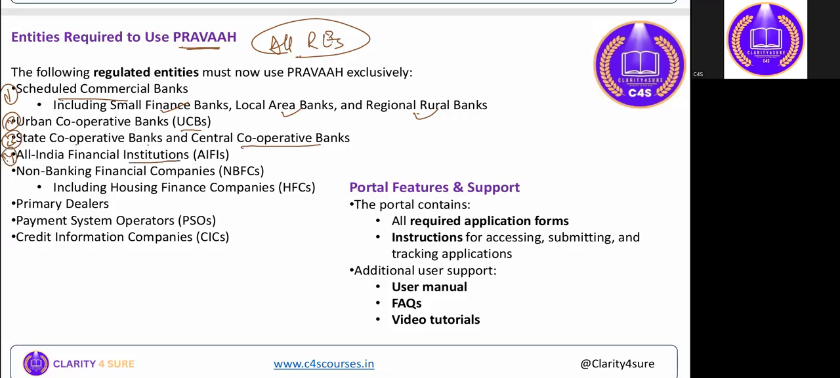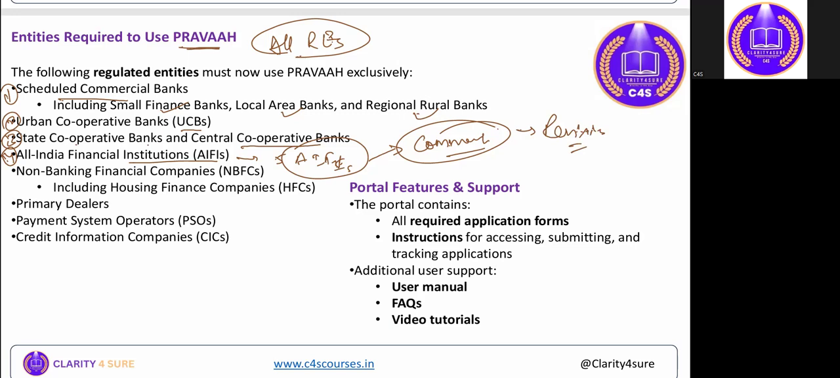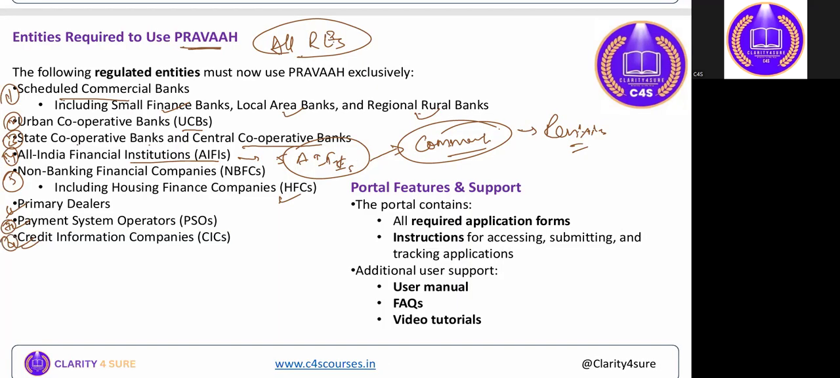The fourth one, all India financial institutions. We have 5 AIFIs. You can write the names of those 5 all India financial institutions in the comment section of this video, as a sort of revision. Then the NBFCs, including the housing finance companies, the primary dealers, the payment system operators, and the credit information companies. Just remember, these 8 regulatory entities need to submit their applications mandatorily on the PRAVAAH portal from 1st of May